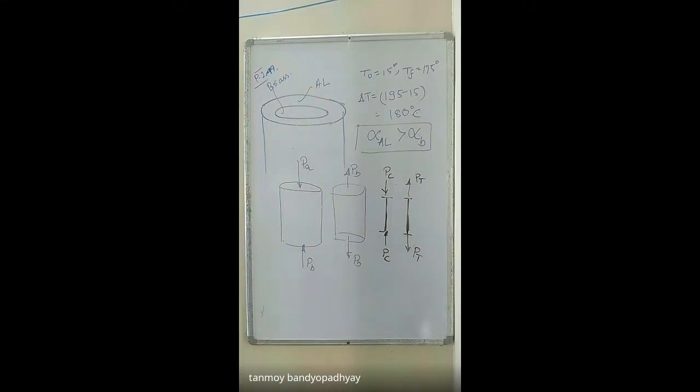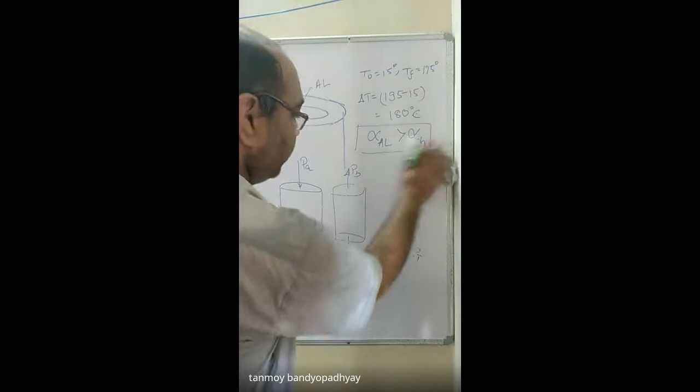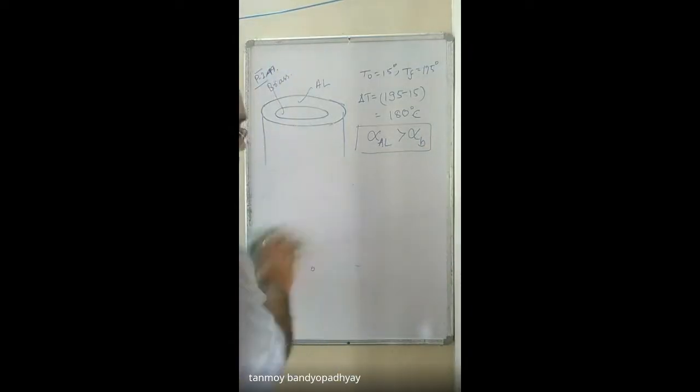Is that clear? So this is a very important analogy, you will see why it is tension, because in every case it can differ. See, there is one more problem, the next problem. You can see that they have just varied alpha, nothing else. So if alpha brass were greater, the case would have been different. Same problem, case has been different, if alpha brass were greater compared to alpha aluminum. So since alpha aluminum is greater than alpha brass, the tensile forces are like this. No other static forces are causing any effect. Achha, so these things are drawn.